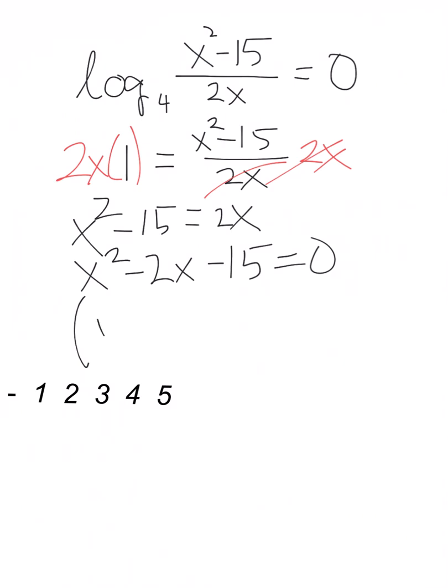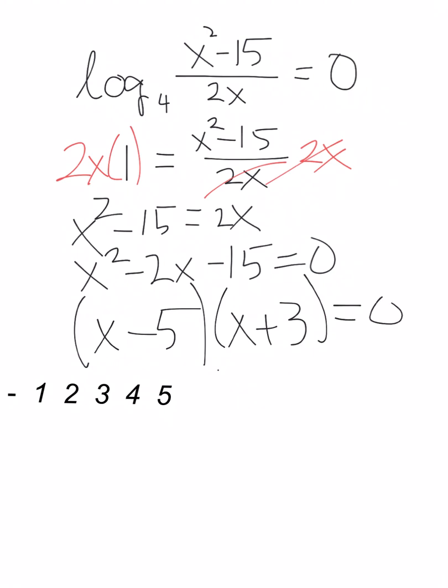And now we factor that. That will be (x - 5)(x + 3). Sorry if there's some background noise. And now we have x equals 5 and negative 3, and this is something we need to eyeball check and